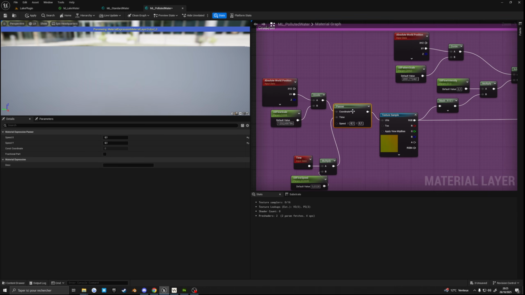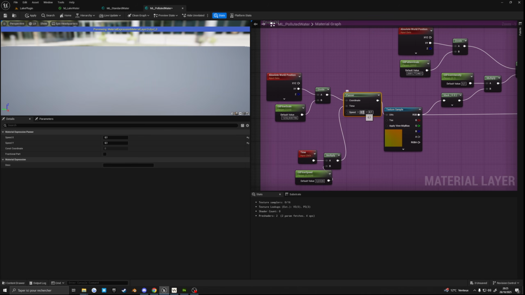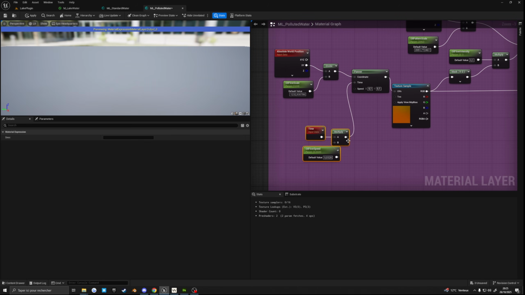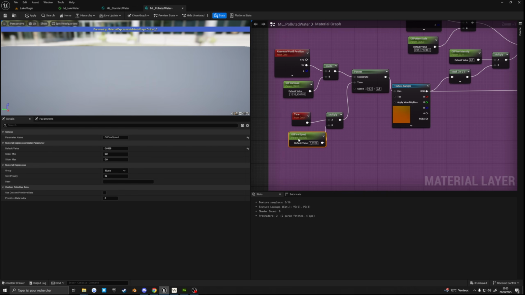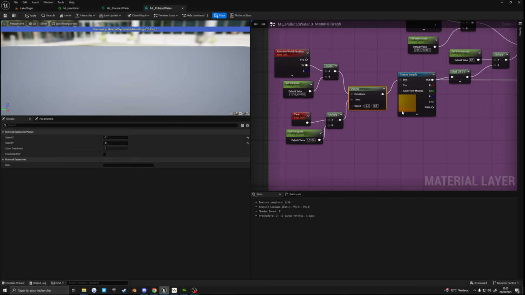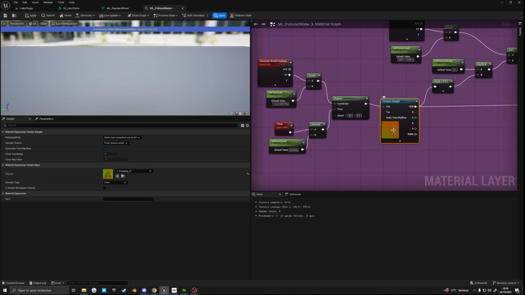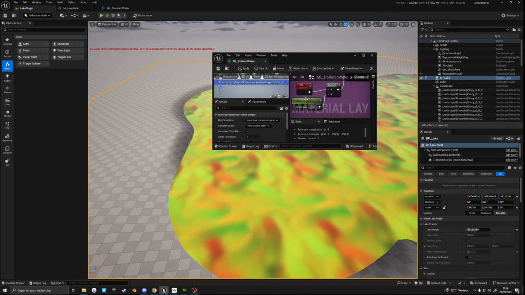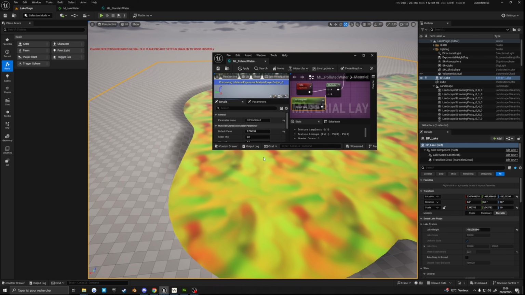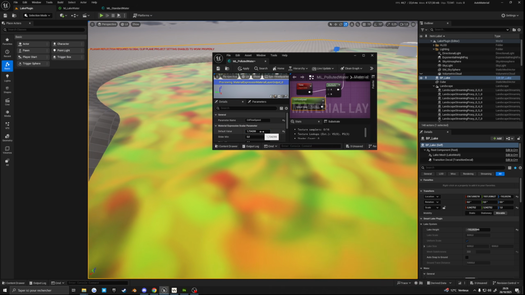And then after that, we basically use a pattern node with some value to it. Here we actually need to put a time node multiplied by a parameter, which is the oil flow speed, so we can have control over how this texture is basically moving on the lake. For example, if I want to increase its value, as you can see, this texture is now moving, but I